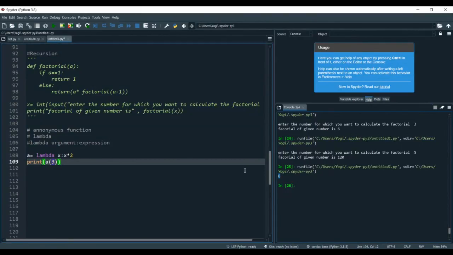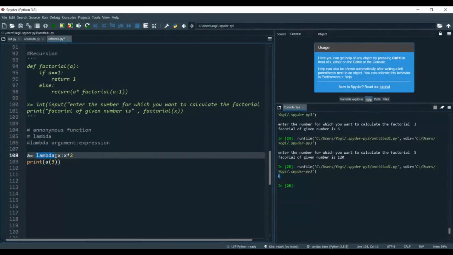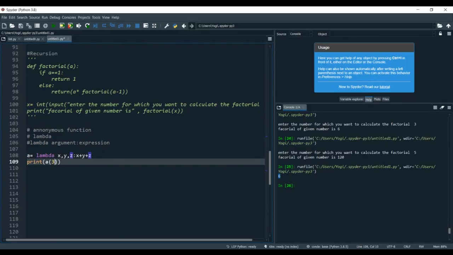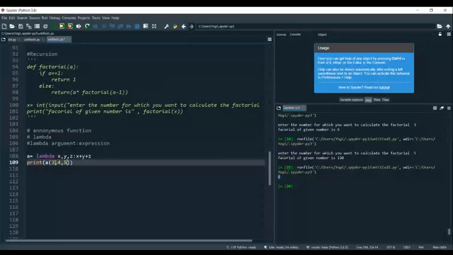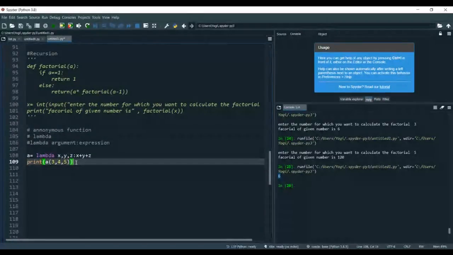Right? Just write the lambda keyword, then the arguments, and then the expression. I have already told you that you can pass multiple arguments together. Suppose I am doing x comma y comma z, but I can only pass one single expression. So x plus y plus z, I can do like this only. 3 comma 4 comma 5, only one expression at a time.